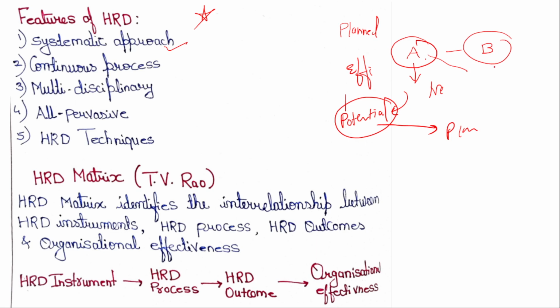Similarly, another person B, if he is lacking something, he is not aware how to do the things. But again, if you think that he is an efficient person, he can perform better, you need to arrange the training program. So all this is what? This is a systematic process, a planned process. All of a sudden, you cannot develop your human resources by studying or doing an analysis. It is a continuous process.